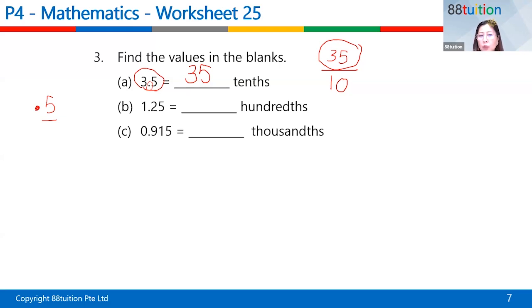Okay. So I'm going to try to teach you one more time. Second one, 1.25. What does my decimal represent? My decimal represents 1. And there are 2 numbers after my decimal. Which means there must be 2 zeros behind. Okay? And then the numerators